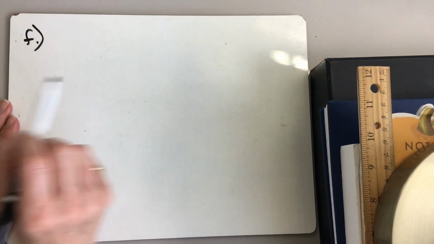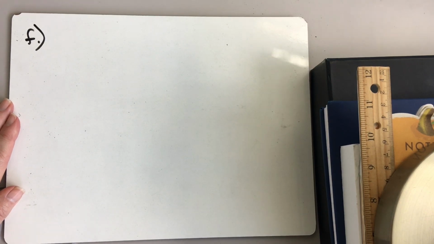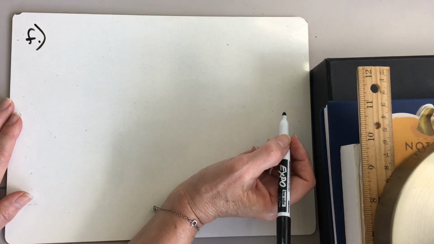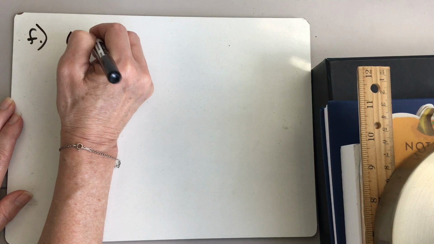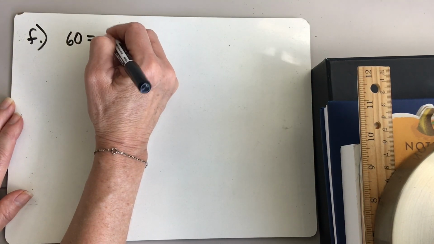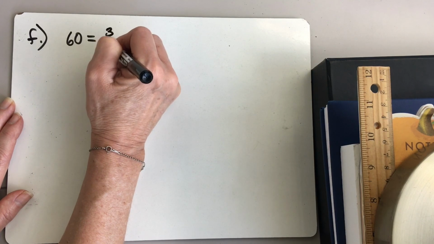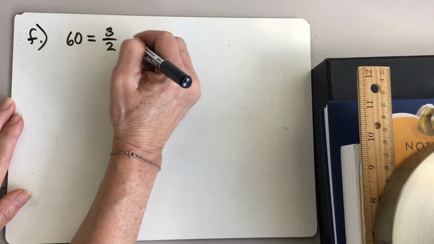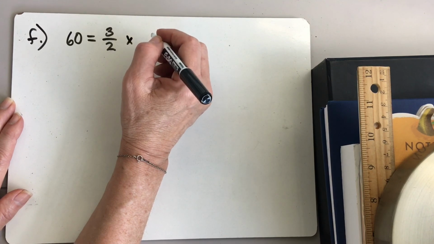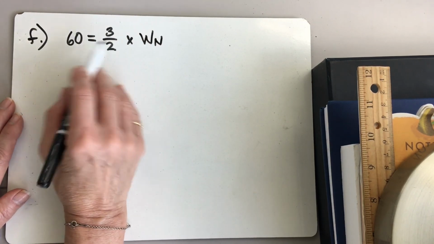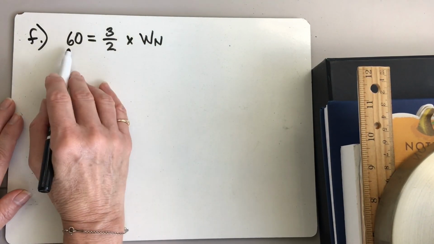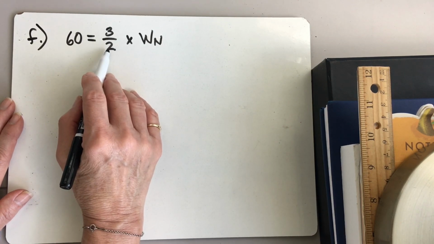It says to rework example 5. Actually, we didn't do example 5 before, but we're going to rework that one using 150 as a fraction instead of a decimal. As you see in the problem, it shows it as a decimal. But we're going to work it as a fraction. All right, so we're working this as a fraction for F, and it's 60 is equal to 150% is 3/2